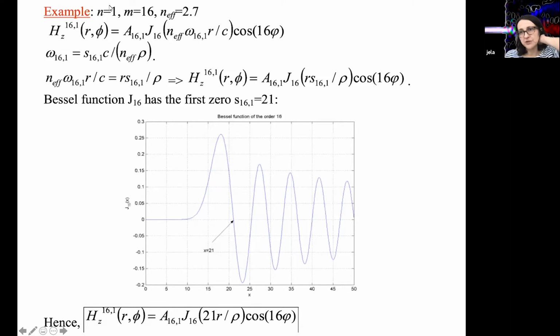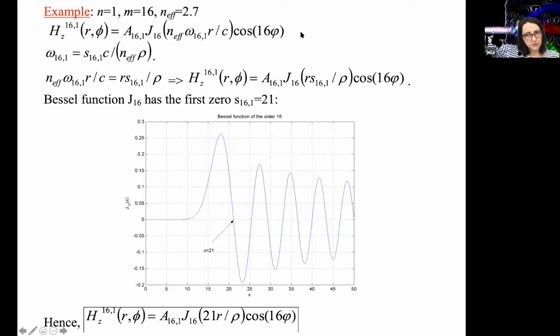There are multiple reasons for that, because n equal to 1, as you'll see in a moment, means that you have only one lobe in the radial direction. And those modes have the smallest mode volume. It will be easiest to couple to them from the outside and so on. So there are many reasons for that. But you have some flexibility over this number m. I mean, if you don't hit the m equal to 16 mode with a particular diameter, maybe you hit 17 or 20 or so on. So for the n equal to 1, m equal to 16 mode, the magnetic field distribution would be